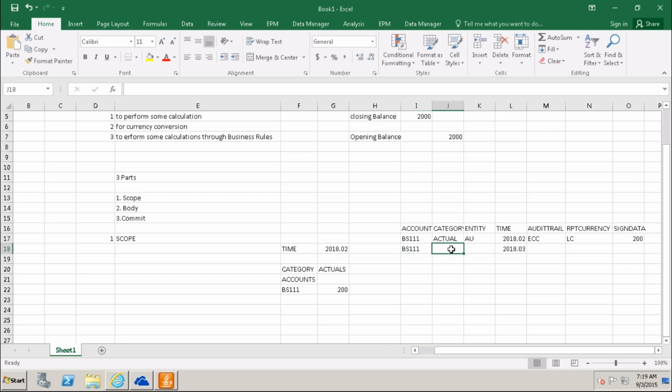Here it will change: forecast, same entity, audit trail is ECC, LC, and 5% means 210. So this value I want to generate, and this record I want to generate.